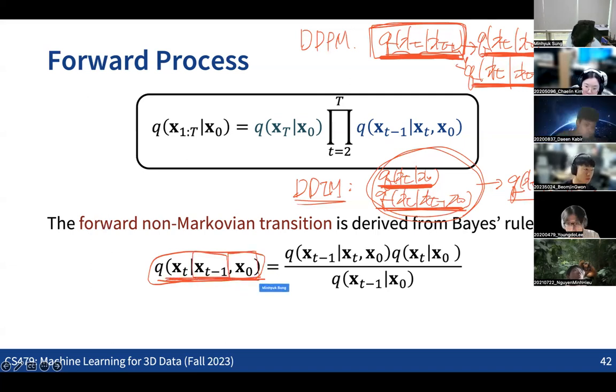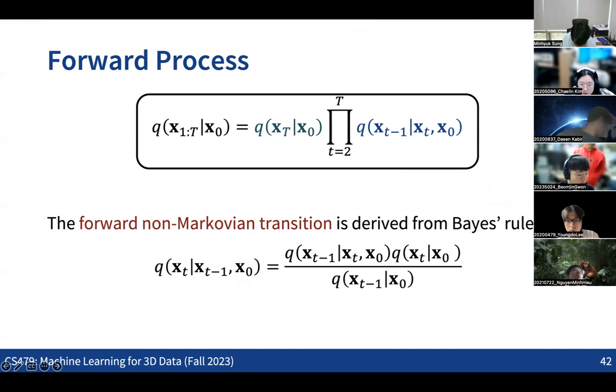And this can also be derived using the same Bayes rule that we have seen in this case. So you need to see some details here. The way that we define the forward process is different between DDPM and DDIM. In the DDPM case, we define the single transition, and based on that, the conditional distributions are defined. In the DDIM case, we define this distribution in a way that lets us define the transition as a non-Markov process. So that's the difference.